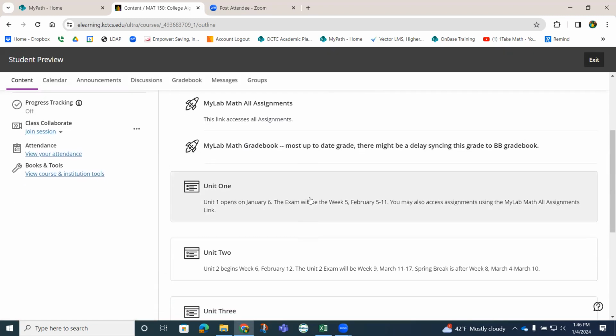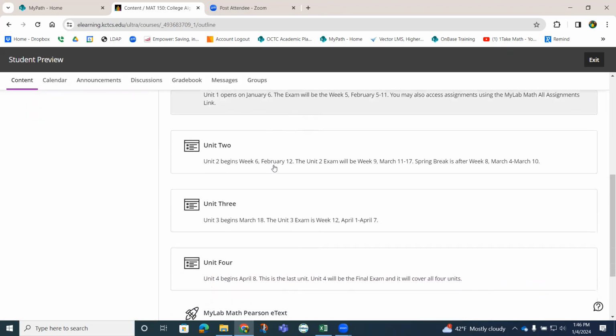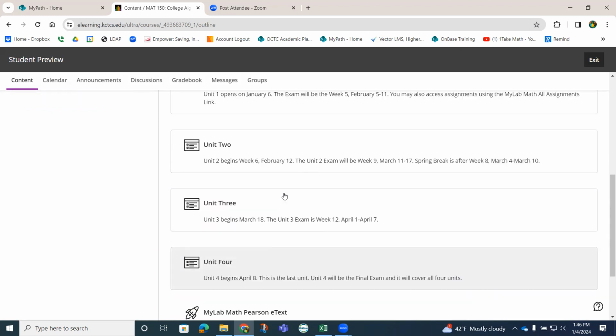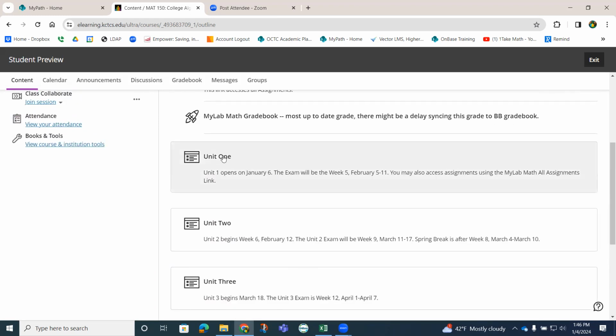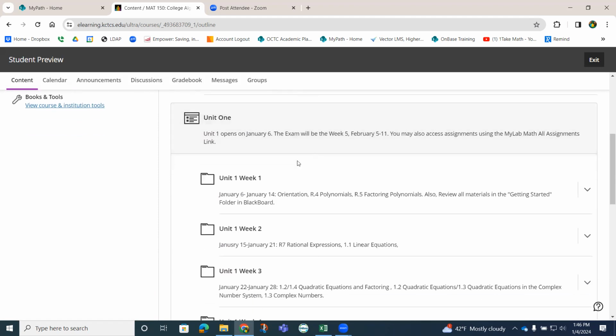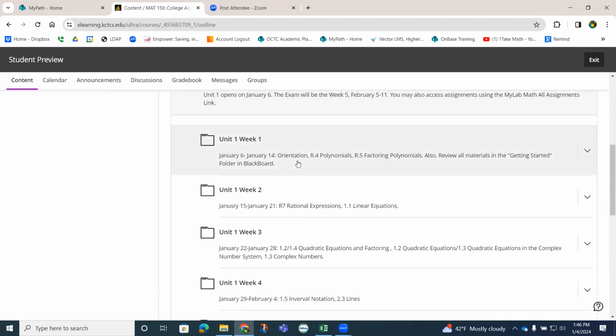Next thing we have are some learning modules. We should have Unit 1, Unit 2, Unit 3, and Unit 4. Those are our learning modules. If I click on Unit 1, this sets the pace of the class. Week 1, week 2, and so forth, you'll see where we are. This is what's expected to be done each week. So if I open up week 1,